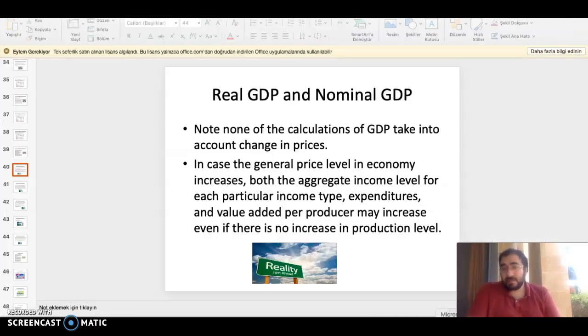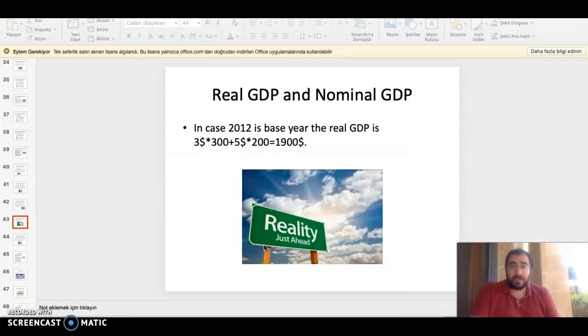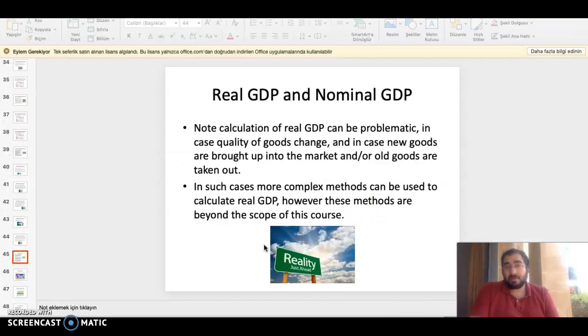So this is the real GDP and nominal GDP case. Now we have another problem with the international comparison of GDP, because certain products that cannot be traded might have different prices in different countries. For example, a haircut in China and a haircut in the United States might have wildly different prices, but that doesn't necessarily mean the haircut in the United States is a high quality product. That doesn't necessarily mean an inferior product either,